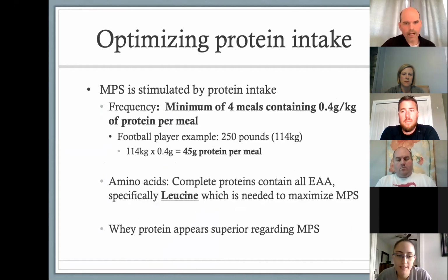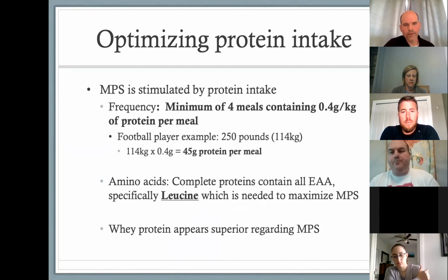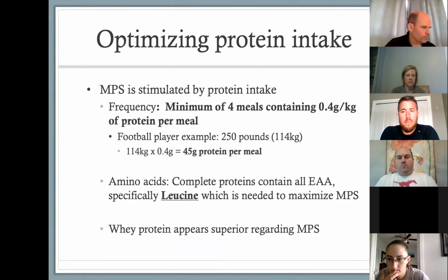So it's going to be a little bit higher. If we look at the athlete example that I had, the football player, this is going to equate to about 45 grams of protein per meal, at least 4 meals per day. And so making sure they're consuming the right foods to get that amount of protein is going to be super, super important. Okay. In general, though, for athletes, we're always trying to recommend more frequent eating to supply the calories,